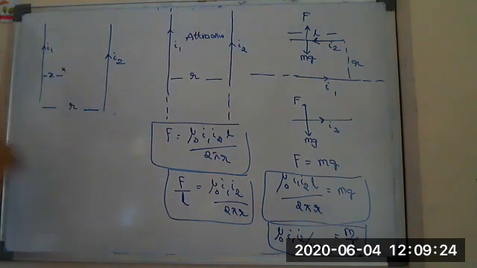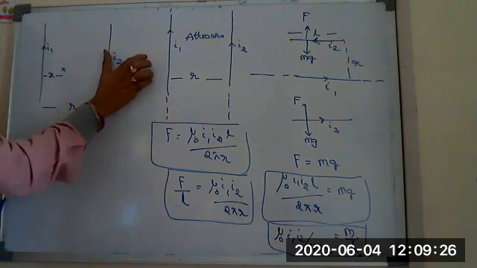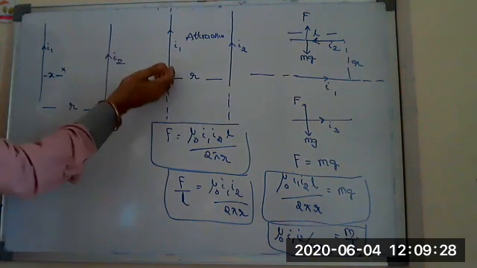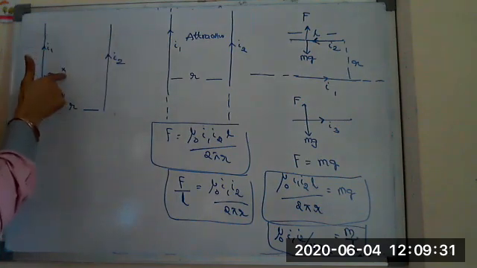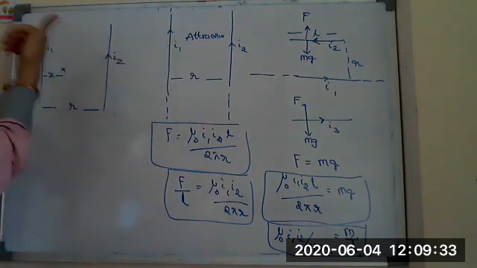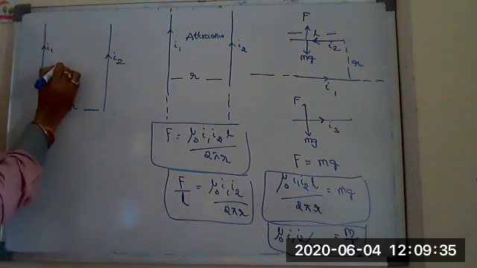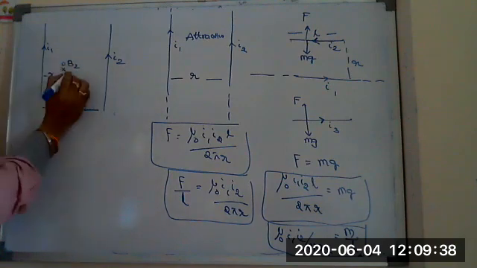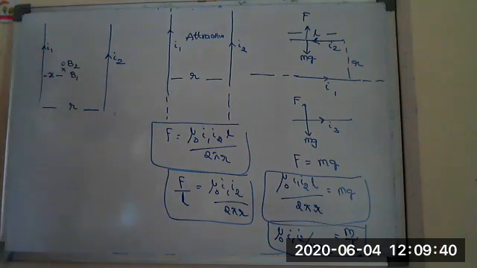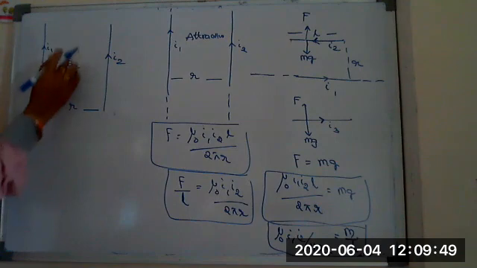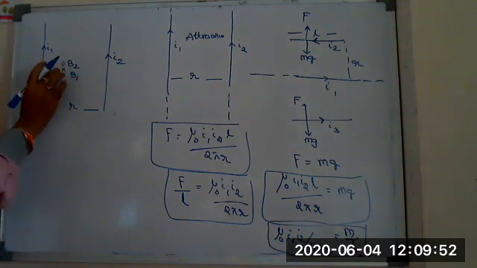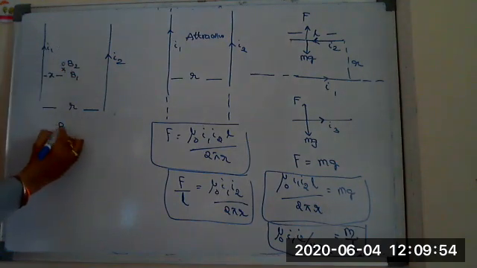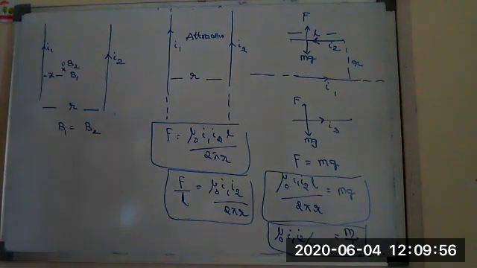I represented the direction. And the second conductor gives the magnetic field into the page on the other hand, and out on this side. Out means here the magnetic field will be out. This is D2. The magnetic field will be into due to the first conductor. I am getting both the magnetic fields in opposite directions. That's why there is a chance to get a null point here. At the null point, again our condition is the two magnetic fields must be in opposite directions and should be equal in magnitude. So I have to write B1 is equal to B2.